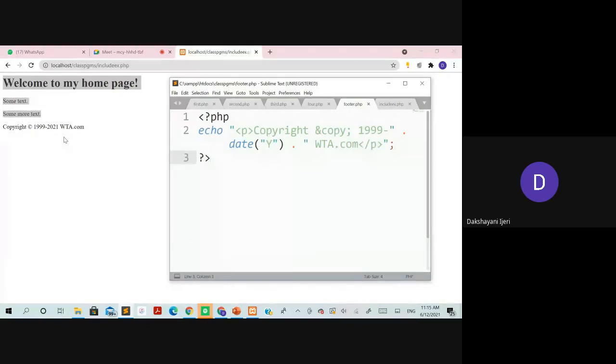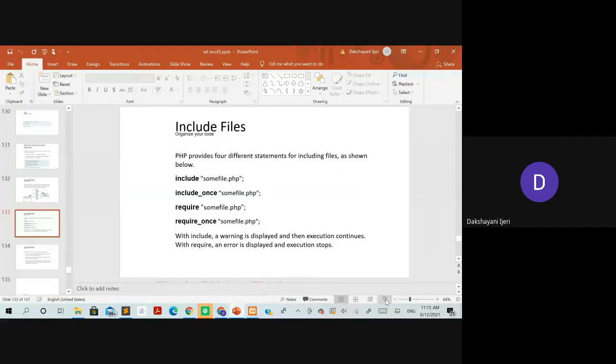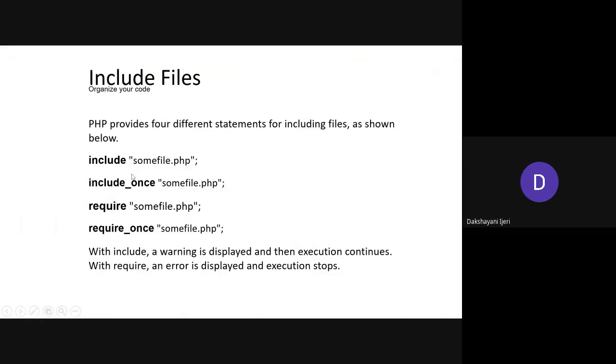Okay, so this is how you can include other files within the existing current program where you are writing. For doing that, we have four different types: include, include once, require, and require once. What is the difference between these four types of include statements? We'll see. First, include and include once.